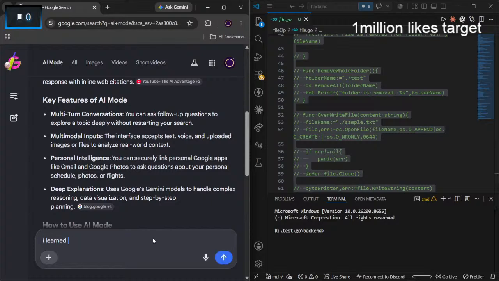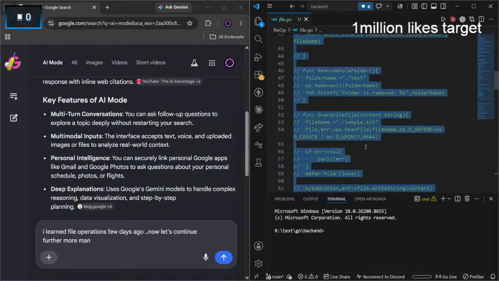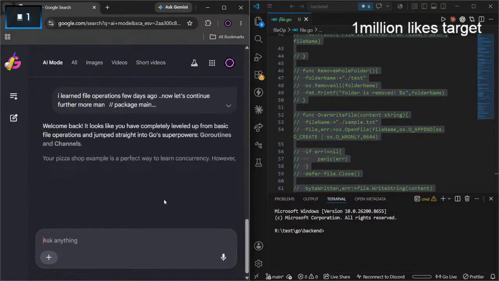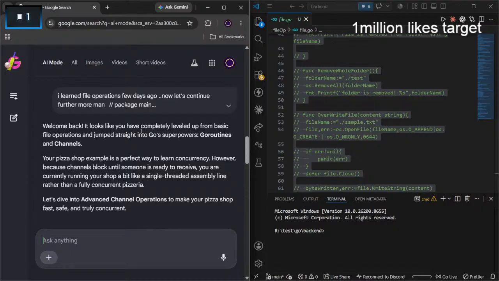Return file operations. Okay, so welcome back. Looks like you have completely leveled up from basic file operations to the Go superpower, goroutines and channels.